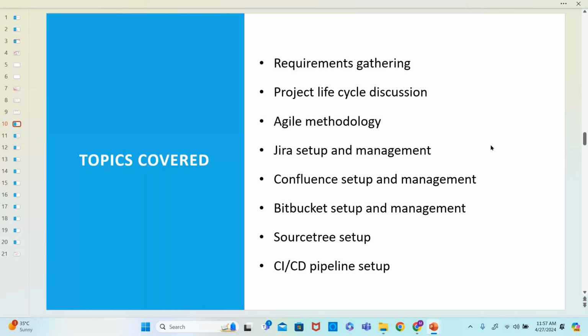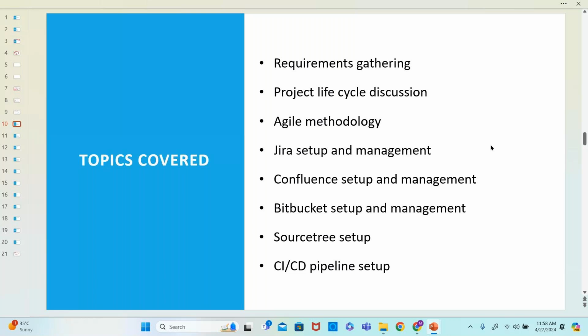What are the things we should be aware of as a developer? Generally, whenever we join a particular course, you will obviously be focusing and learning only that particular MuleSoft course. But as a developer, if you know only MuleSoft, you will not be able to survive in the industry, right? Obviously, you should be aware of what is Jira, what is Agile methodology,